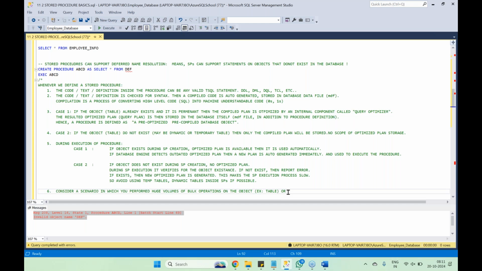Or the DBA team performed a few index management activities. Then why wait for reoptimizing the procedure until runtime, until its first execution,